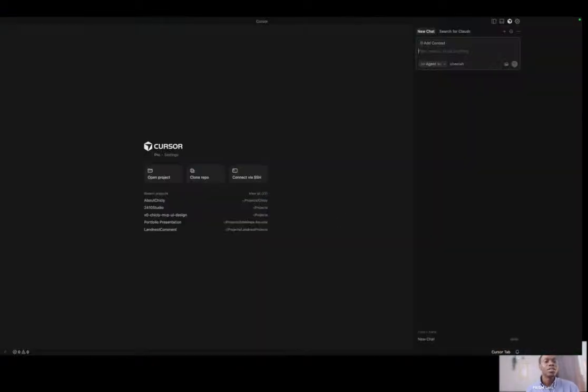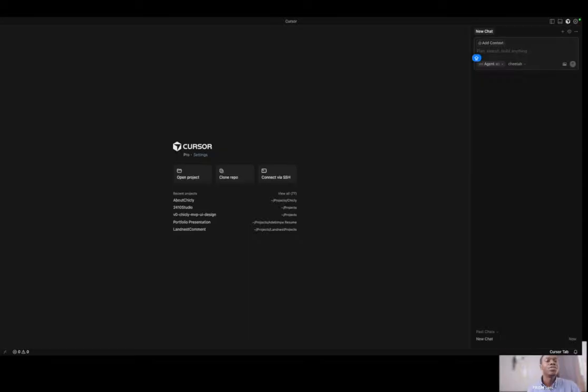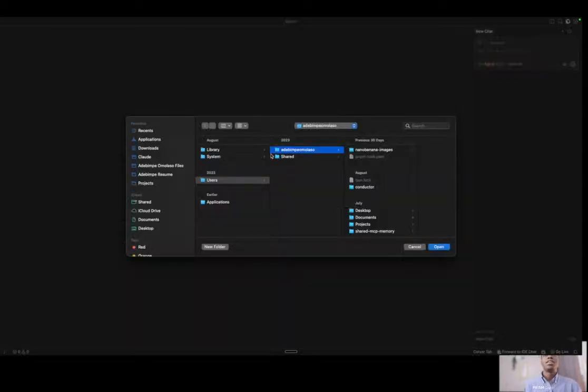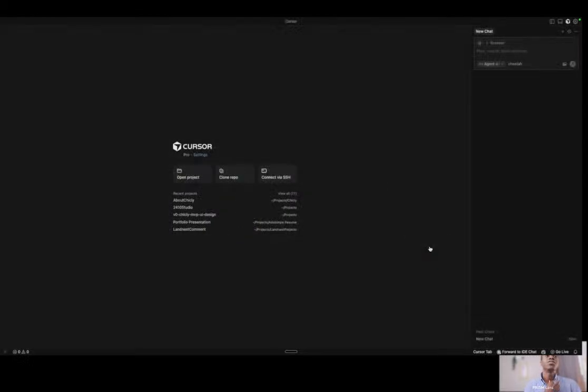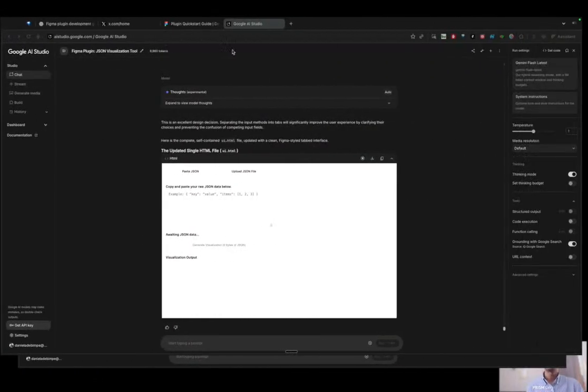If you are using Cursor for the first time, you should see something like this. You're going to see create a new project, and in my case I just want to open a project, and then I want to switch over to that particular Figma project. So into Figma files, click open. All right, so now that I have this, because I'm feeling very lazy, I'm just going to come over to